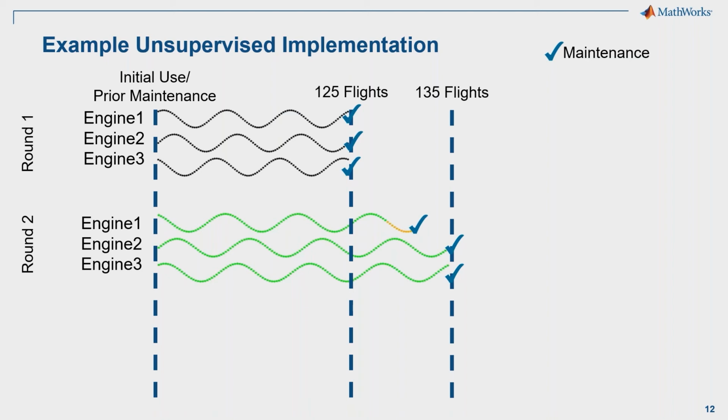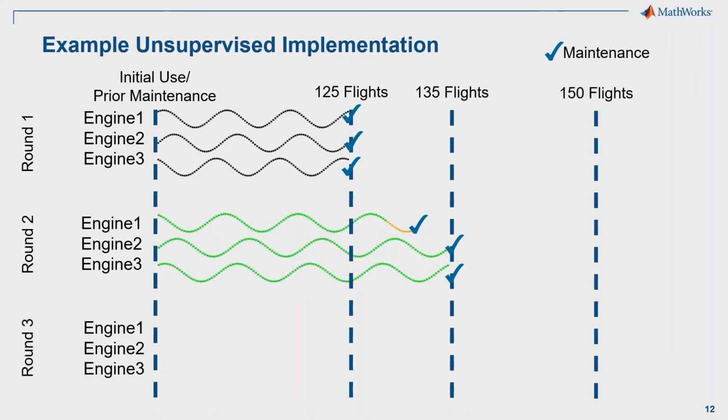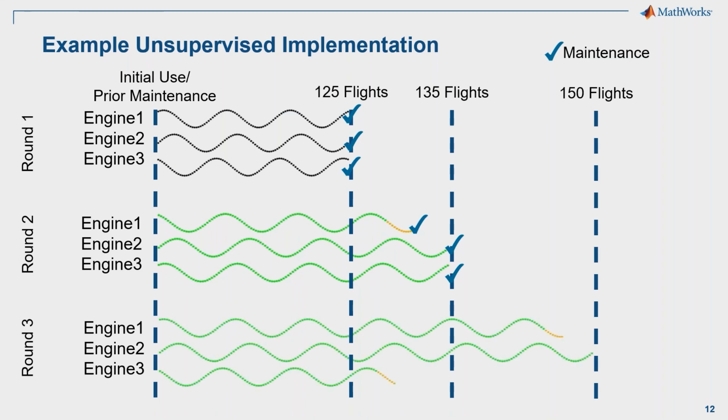This allows us to collect more data, allows us to collect data over a longer time span, so we might see more of that degradation happen, we might see more manifest, but it also helps us build up confidence in our system, right? If we continue to not have failures occur, but are able to bring some things down earlier, but have most things go down much later, that's already helpful. And so we can repeat this process. Okay, we're more comfortable with our model, we validated it, we've seen that it works well. Let's push all the way out to 150. We're still going to bring things down early if they show up in the orange for 3 cycles in a row.